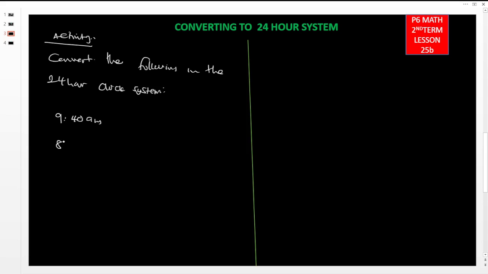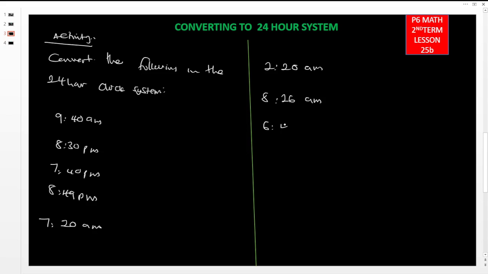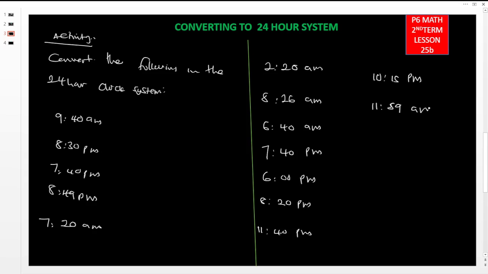I will have 9:40 AM, 8:30 PM, 7:40 PM, 8:49 PM, 7:20 AM, 2:20 AM, 8:26 AM, 6:40 AM, 7:40 PM, 6 PM, then 8:20 PM, then 11:40 PM, then 10:15 PM, then 11:59 AM, then